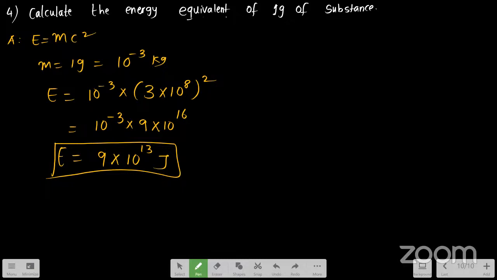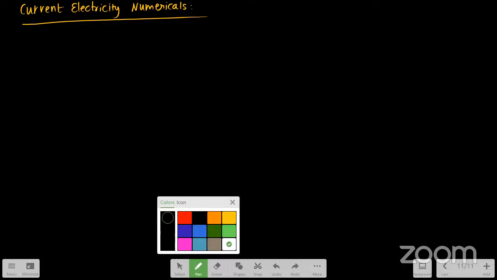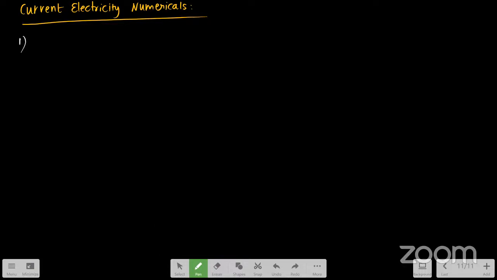So let us do one or two problems from current electricity for LAQs only. Now we are discussing regarding LAQs only. Current electricity numericals. For what? For LAQs. See here, first LAQ from current electricity is telling that